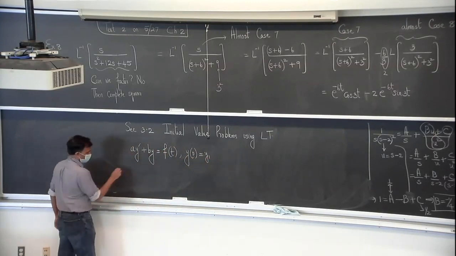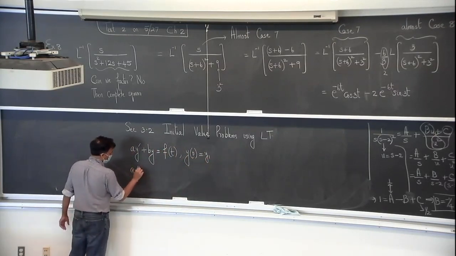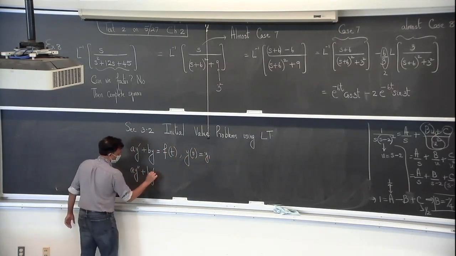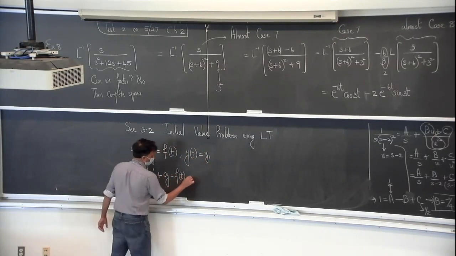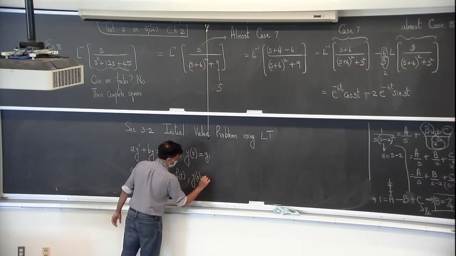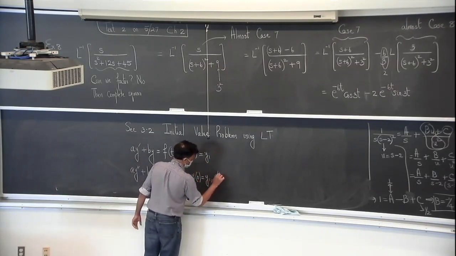That's the first order case, and the second order would look like a y double prime plus b y prime plus cy equal to f of t, with y of 0 equal to y1 and y prime of 0 equal to